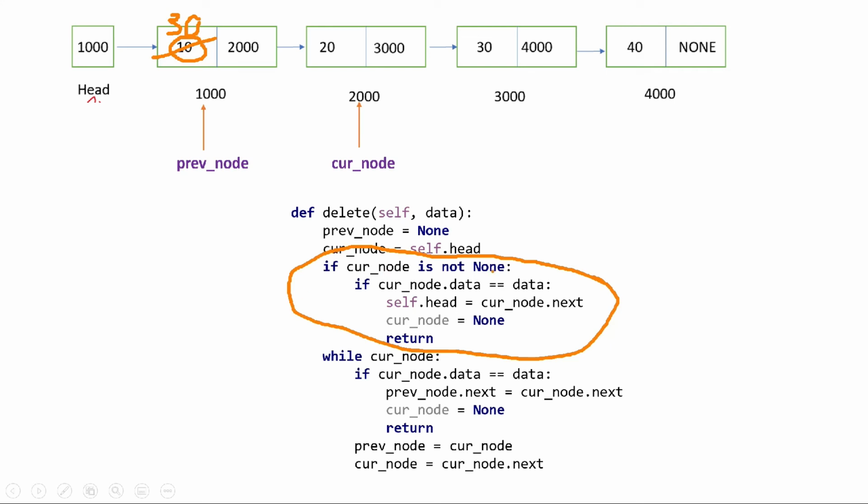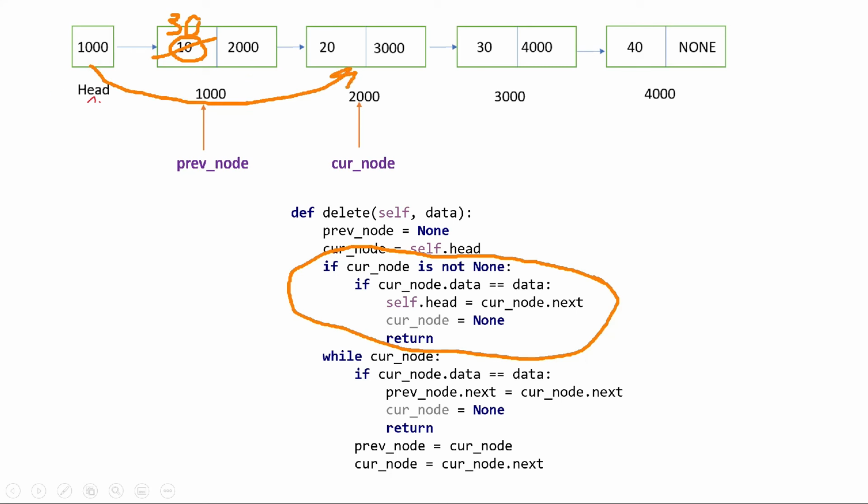If current node is not none, it means some nodes are present. If current node dot data is equal to data, so current node initially is head. So head dot data, which is 30, is equal to data, right? So what should we do? We should point head to current node dot next. So now this head should point to this node. So what should be the value in head? 2000.